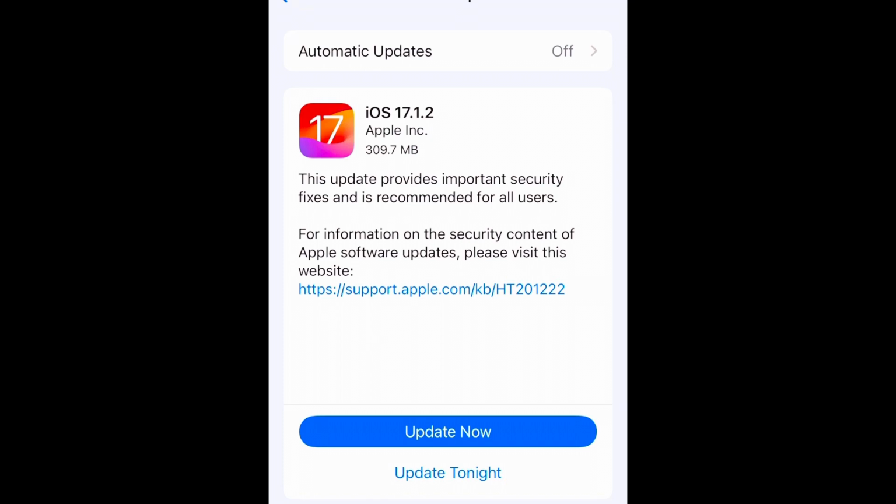So this update is approximately 309.7 megabytes, and it provides important security fixes and is recommended for all users. Now, if you want more information on the security content of this specific update, you just click that blue Apple support link right there. And all right, guys, so what you want to do is select update now, and